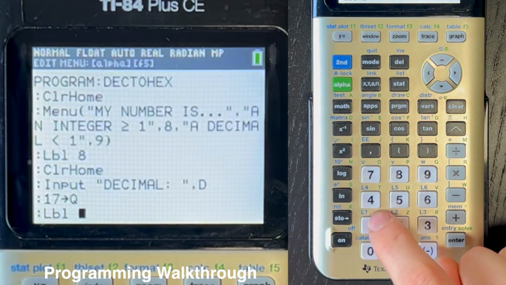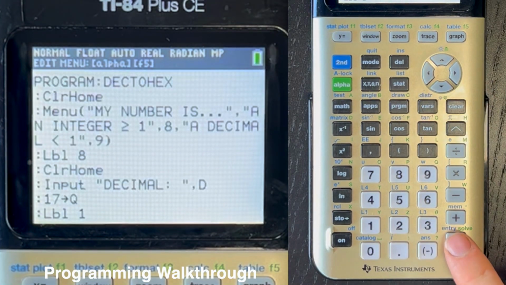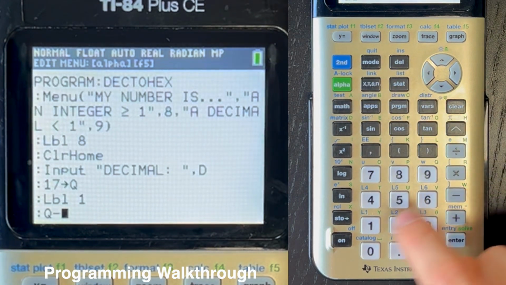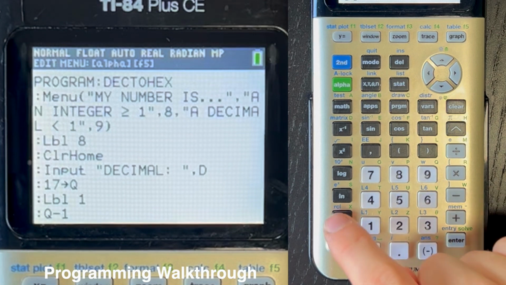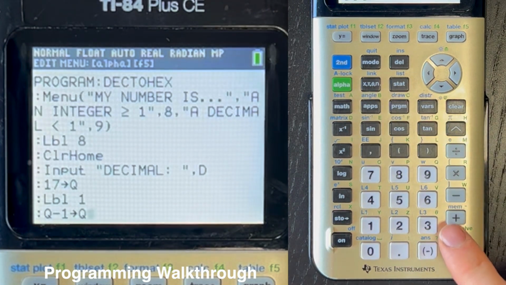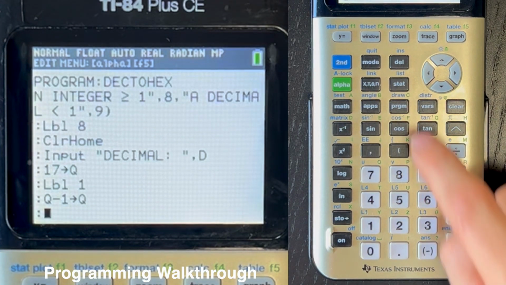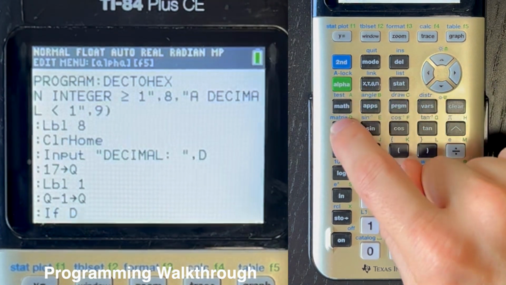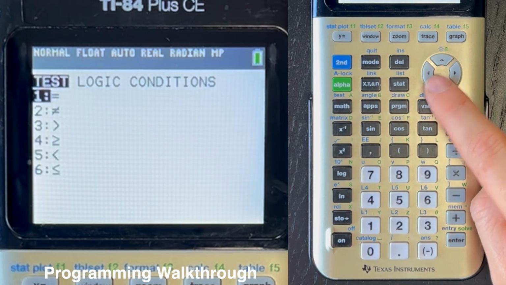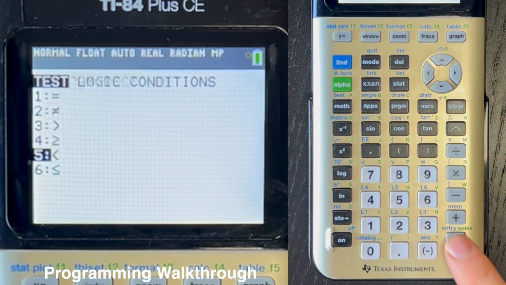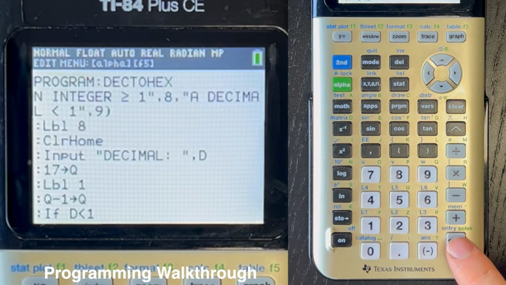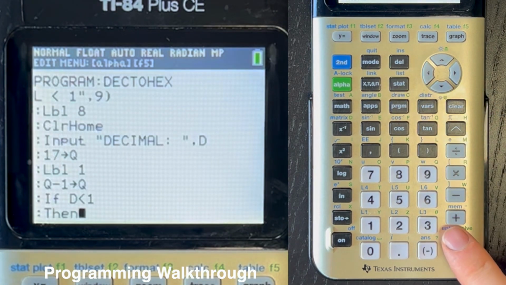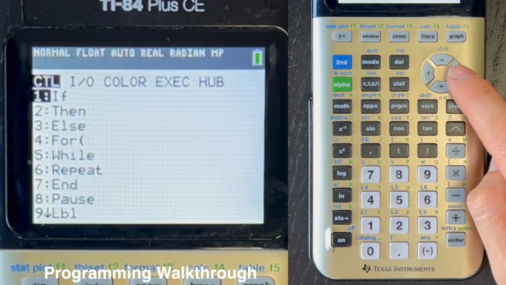program label 1, enter, and then we want Q minus 1, store as Q, new line, program if alpha D is less than 1, enter program, then enter program